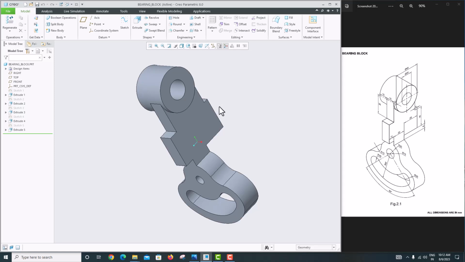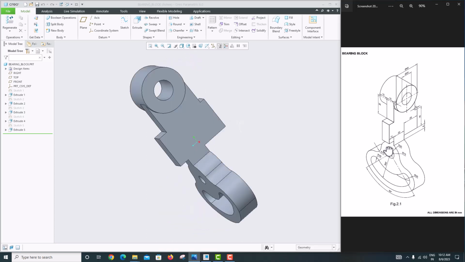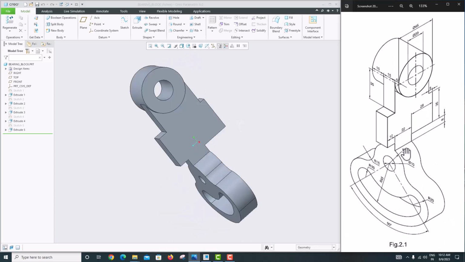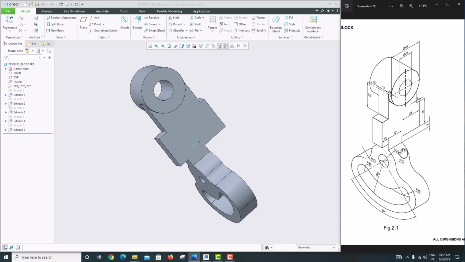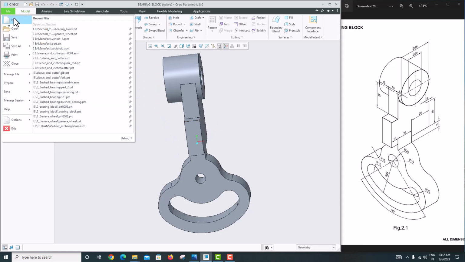In this tutorial we are going to model this bearing block using Creo Parametric. So our dimensions are given in this model, this figure. By using this we are going to model this same component using Creo Parametric. First I'm just closing this,